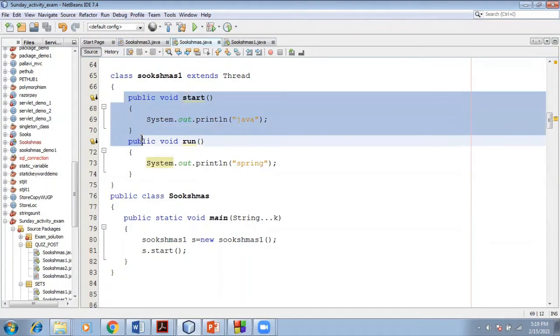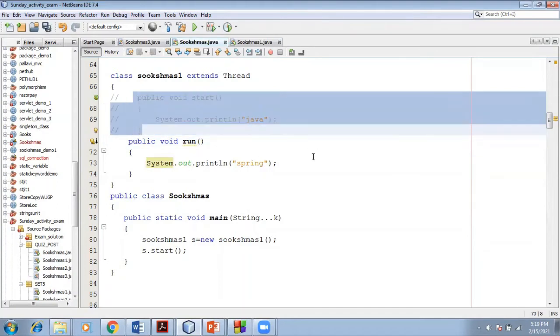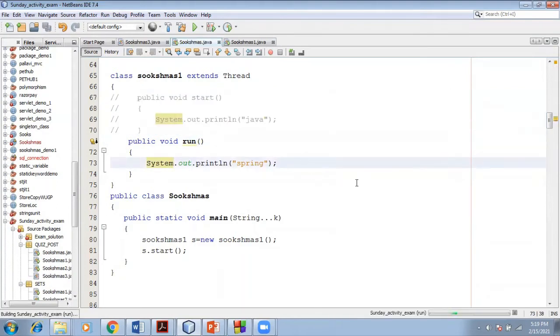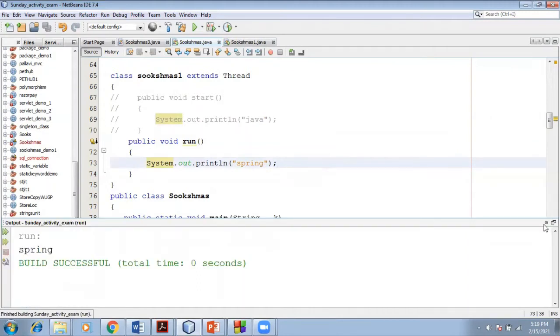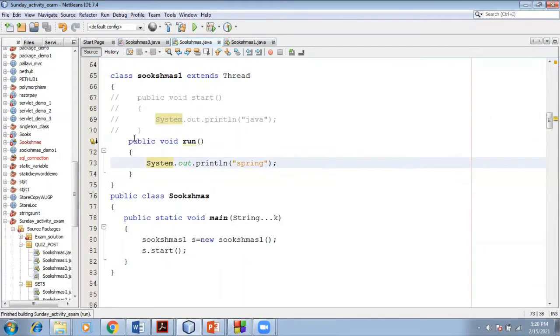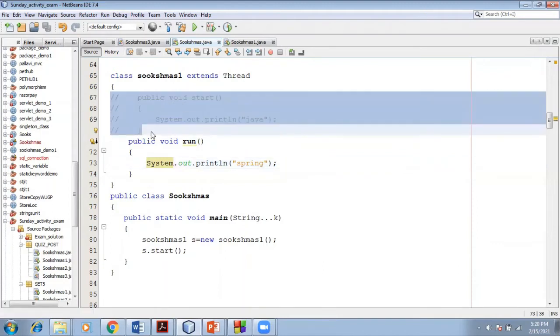Suppose I comment out the start method, now if you call the start, then it will execute the run method, and then it will display the string. Suppose the start method belongs to the Thread class, and here we are performing the overriding operation of the start method. So now if I call the start like this, it will be executed like a normal method. And one more point you have to remember is that no new thread will be created. So that is the reason it will directly call start, and it will give the output as Java.